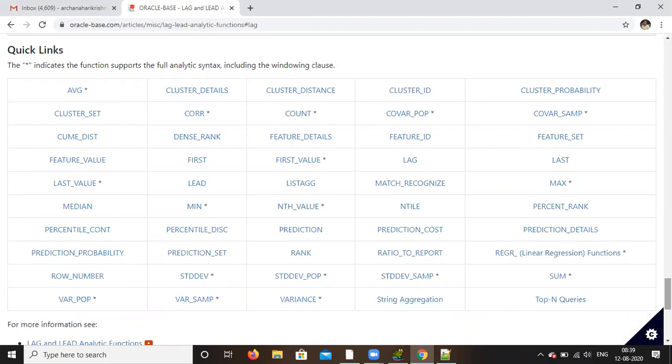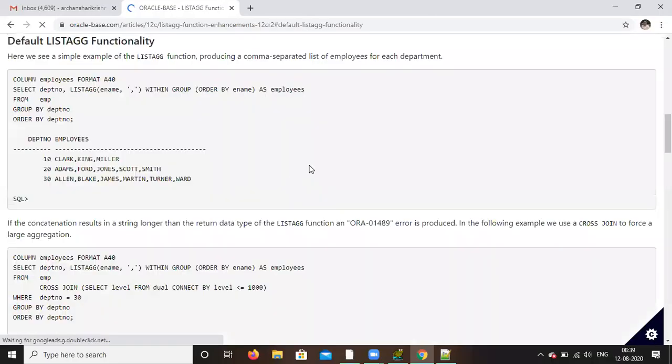List aggregate is there. So list aggregate, copy that one. Select department number, list aggregate. Copy that code. So here what will happen?